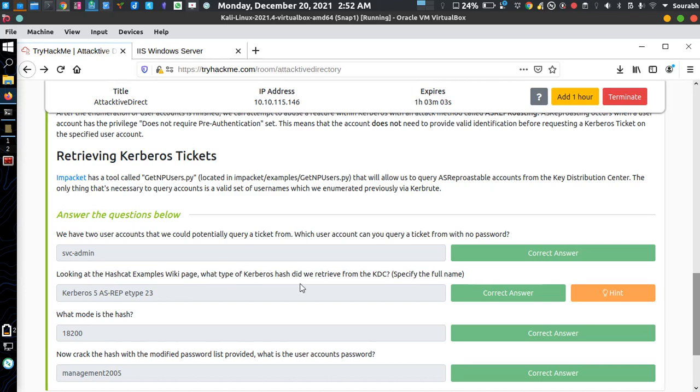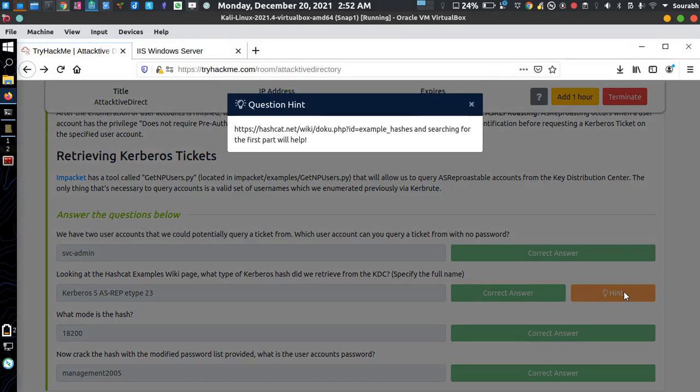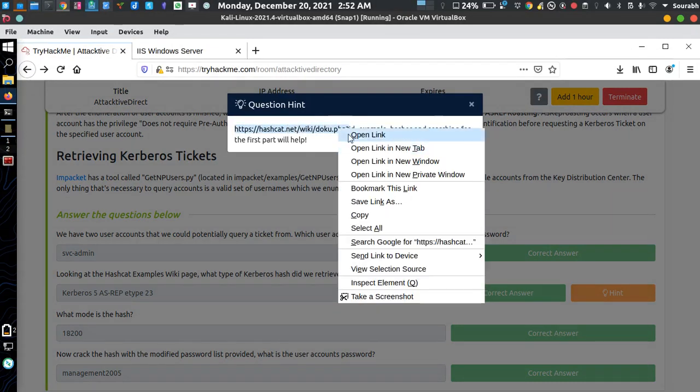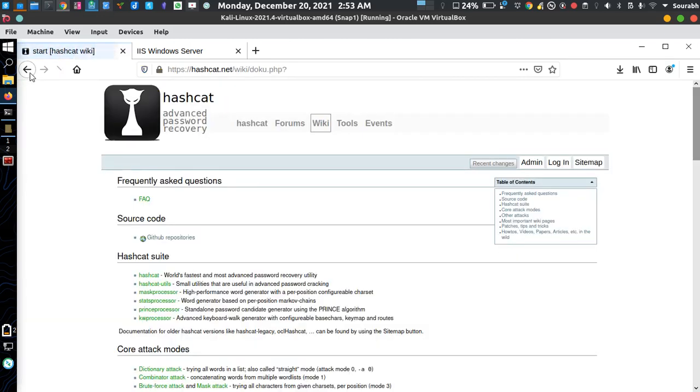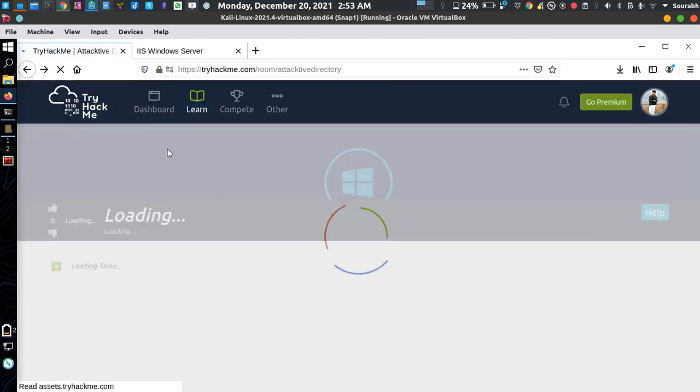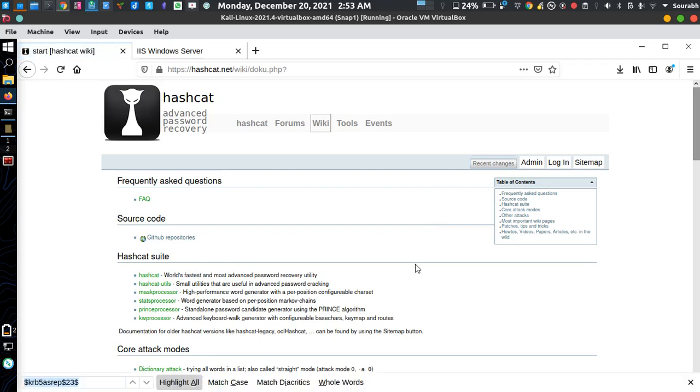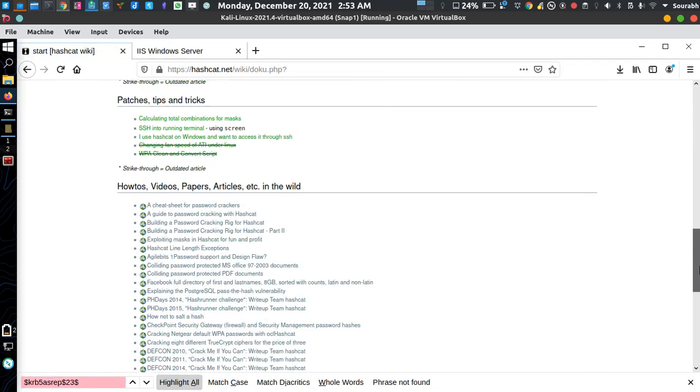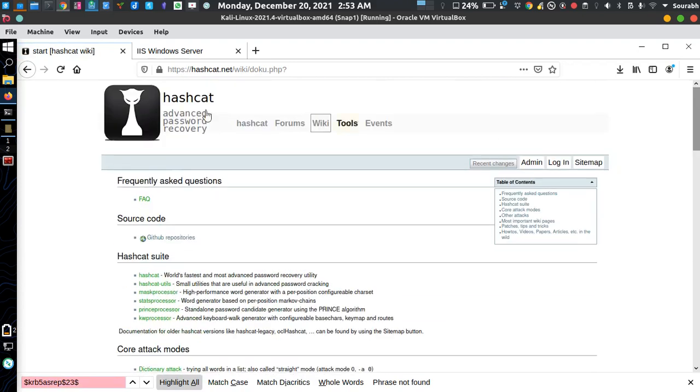So what type of Kerberos hash did we retrieve? How can we find out about that particular hash type? There is a hint, and there is a link provided by TryHackMe. Open that link.